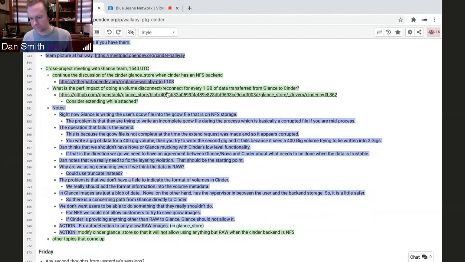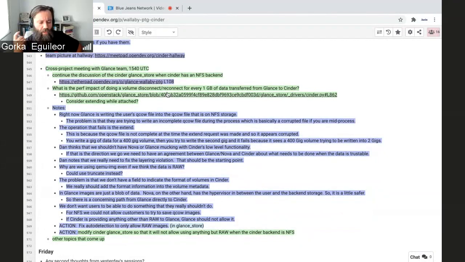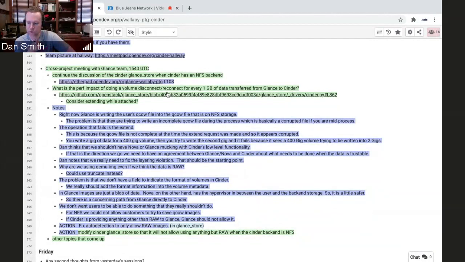Sorry, I'm getting a little bit lost on why we went back to wanting to support QCOW2 on NFS. Like, we just set this as a deployment restriction. This is not secure in our OpenStack deployment. We don't want it, so we don't allow it. Yeah, but I don't see that big of a problem. Well, I understand. It's whack-a-mole, right?